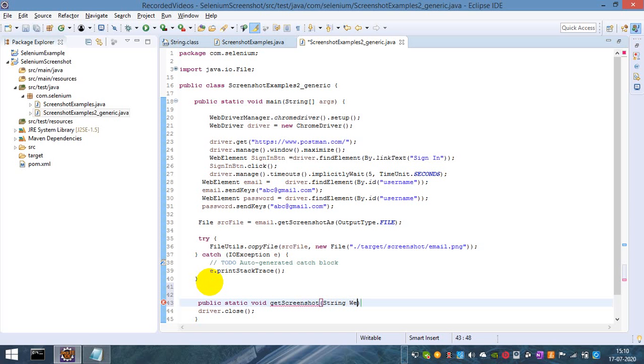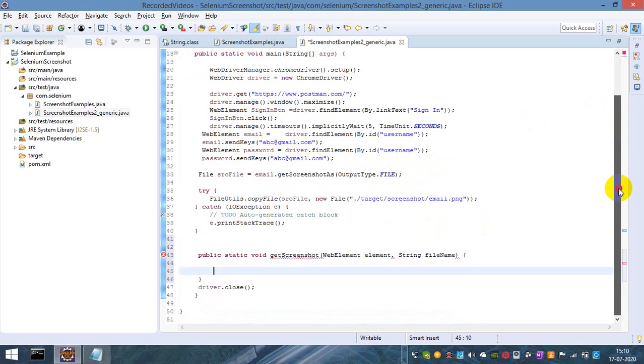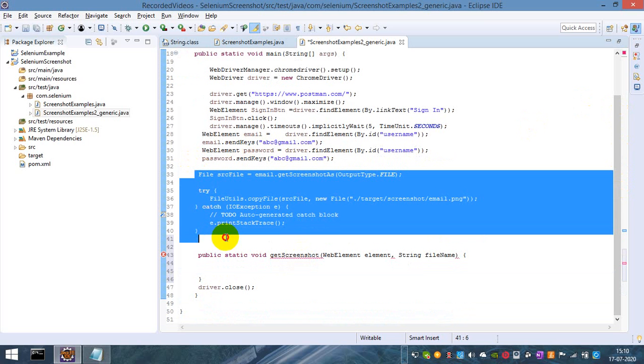The first parameter is my web element, let's say element, comma my file name goes over here. What kind of file you are going to use. And inside this method I will add this code.